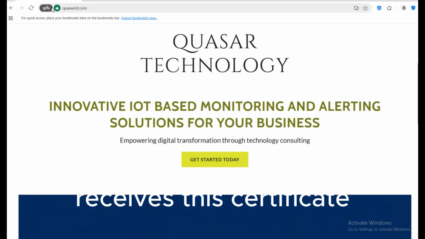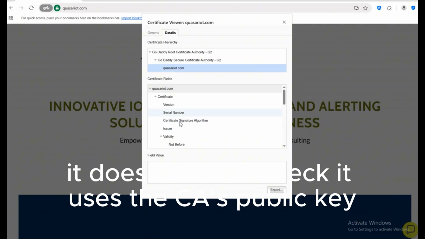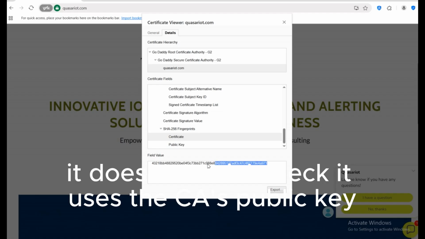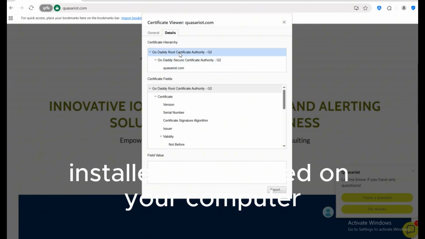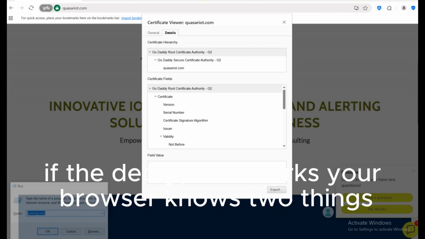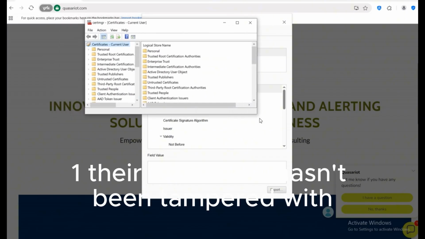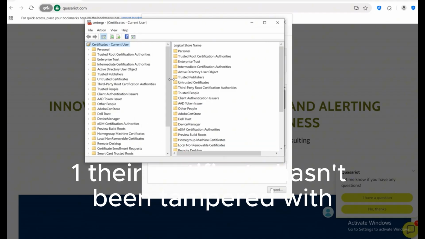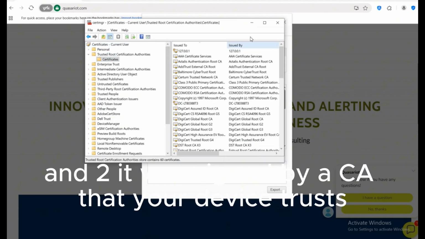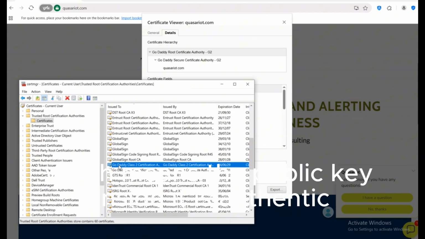Now, when your browser receives this certificate, it does a crucial check. It uses the CA's public key, which is already pre-installed and trusted on your computer, to decrypt the signature. If the decryption works, your browser knows two things. One, the certificate hasn't been tampered with. And two, it was signed by a CA that your device trusts, which means the public key inside it is